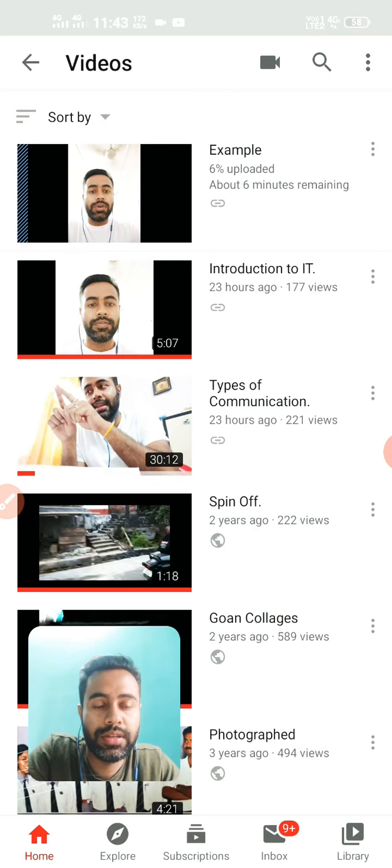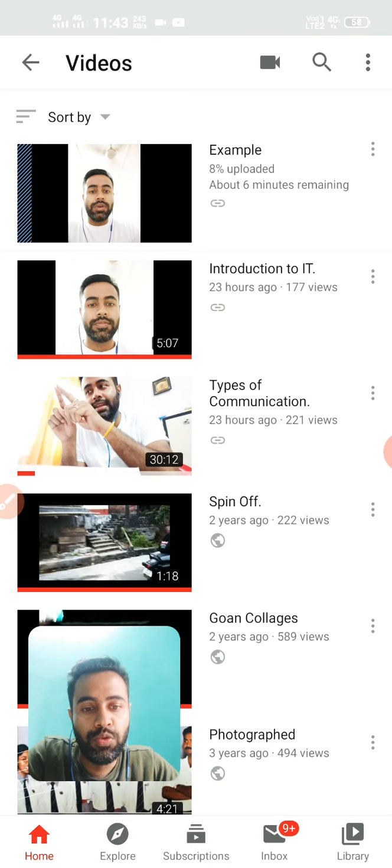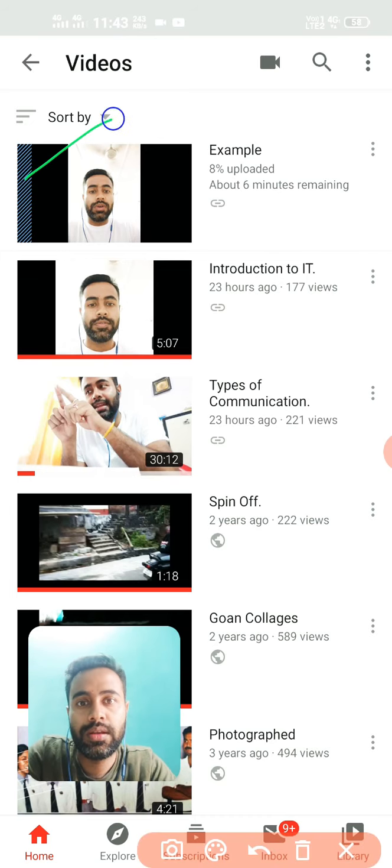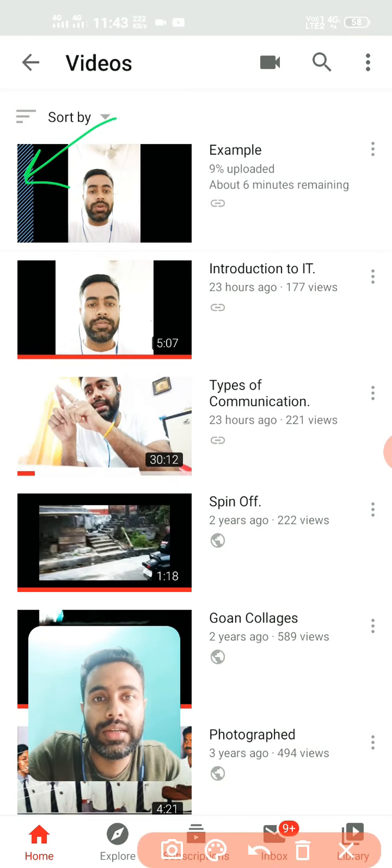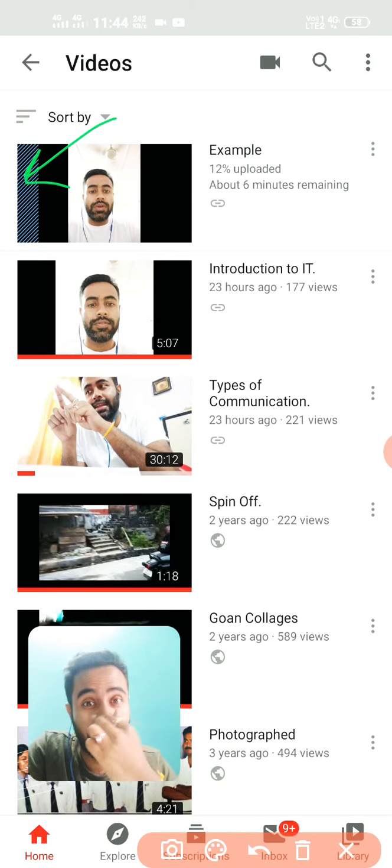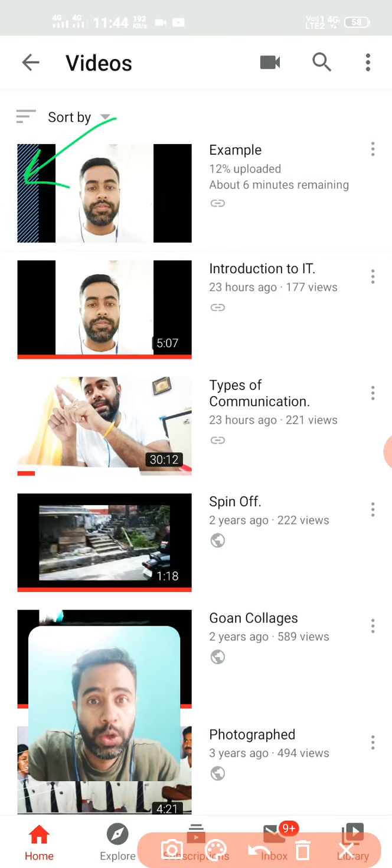Okay, it might take a bit of time. Once your video is uploaded, it has a second stage to process your video. Once this blue bar which is continuing completes, there will be a deep blue bar which marks the processing of the video. Once that is done, there would be a note written mentioning that your video is ready to be viewed or watched.